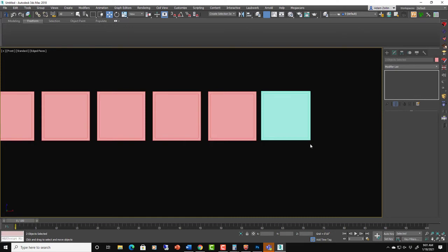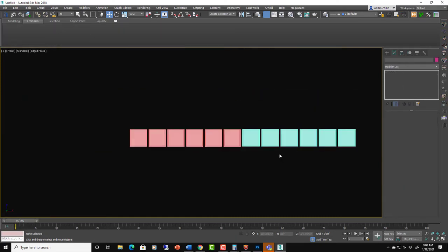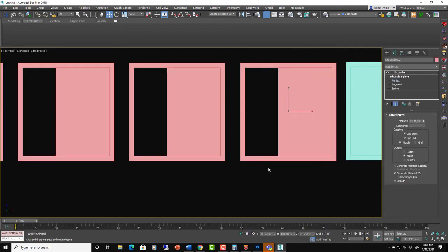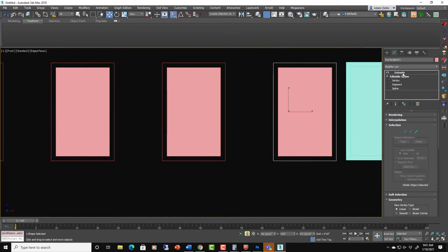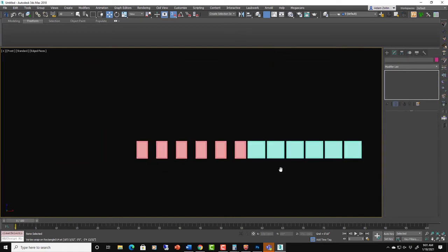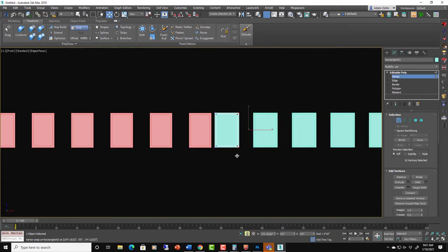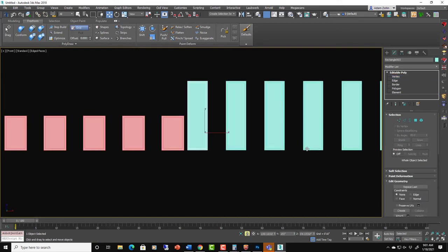Instance, always instance if they're going to be the same window. Instance. Now, if you have to adjust the size of that window, we move the glass, and then we go into this other spline that makes up our mullion here, and we now adjust that one. Okay, so that wasn't too hard. Of course, this is a simple example, but with the poly, if it's all attached, we can now just do that, right? Way easier, actually. It's one move instead of 2. Okay, so that's another thing to consider, the way that it can be edited.